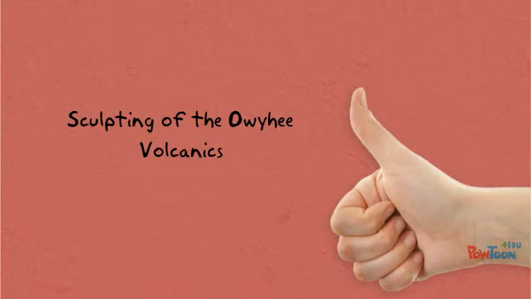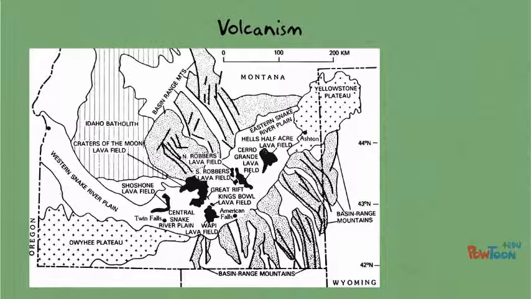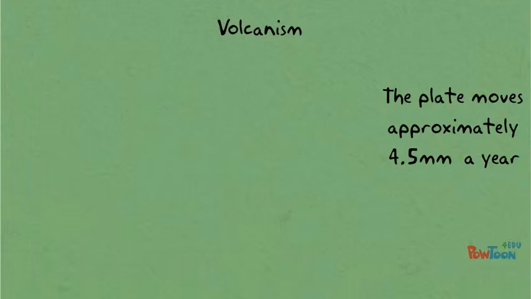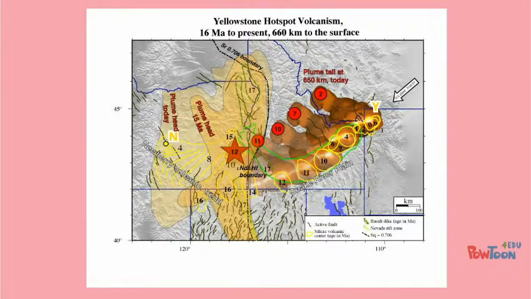Formation of this area suggests that plate movement, volcanism, and glacial changes have all contributed to the changes these areas have undergone. The North American Plate moved over a hotspot that is currently located beneath Yellowstone National Park. The North American Plate still moves approximately 4.5 millimeters a year over this hotspot. This activity happened about 17 million years ago and continues today. Tuff deposits near the Snake River Plain record the path of movement.